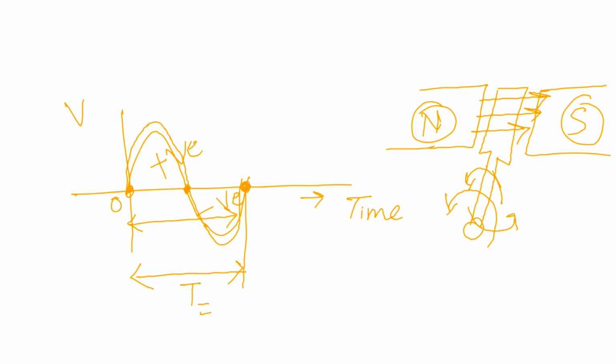For generation of sinusoidal AC, we need a conductor placed between two magnets. After placing the conductor, when alternating poles are generated in the magnets, initially the conductor is at the zero position, so there will be no generation of AC signal. Now the conductor rotates at a 45-degree angle, so it cuts the flux. After cutting the flux, an EMF will be generated and the conductor starts rotating. Clear?